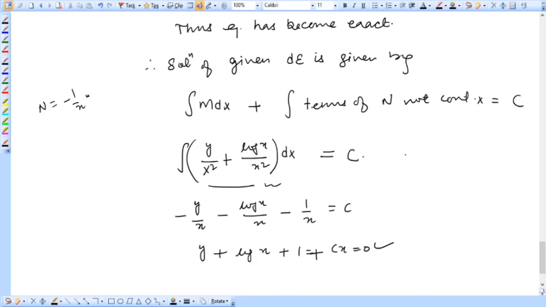Thus, this was an alternate way to solve the given differential equation. So both ways we can solve this equation. I would prefer the second method. I meant to say the second method is a good one.